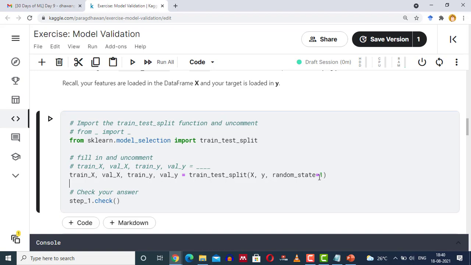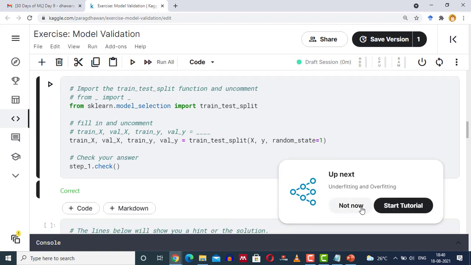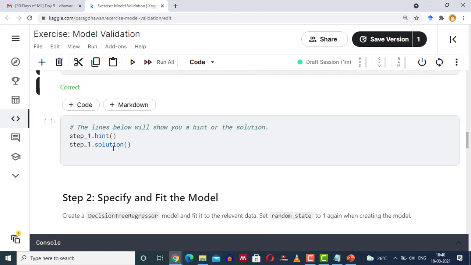Here we are using random_state equal to 1, so that the data is selected randomly, and the random selection produced will be the same on your machine and another machine if random_state 1 is used for the given data set. So click on the cell and run the cell. What we have done here is divide our data set into train and validation sets.